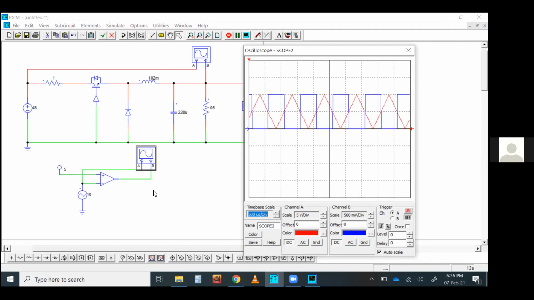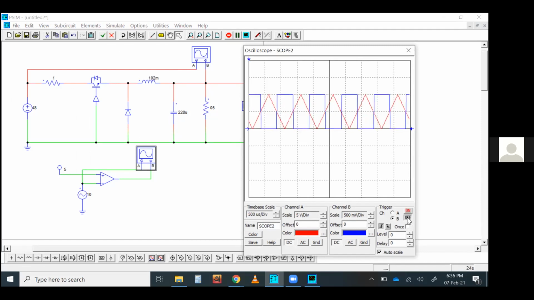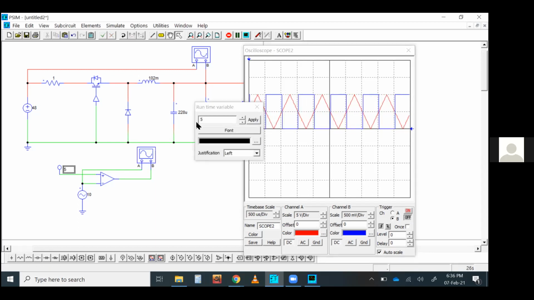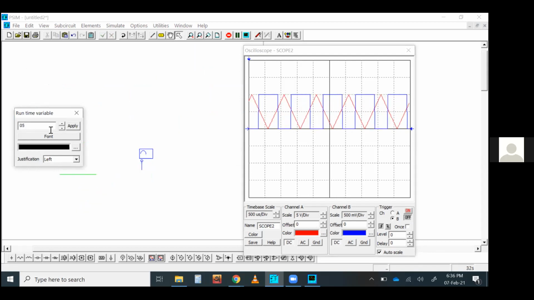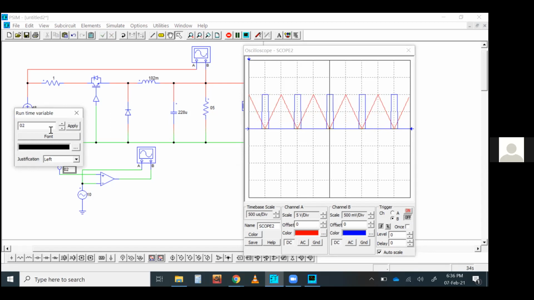So this is the thing you are doing here. Now, if I change the amplitude, what will happen? You can see you are generating a square wave depending on this value.